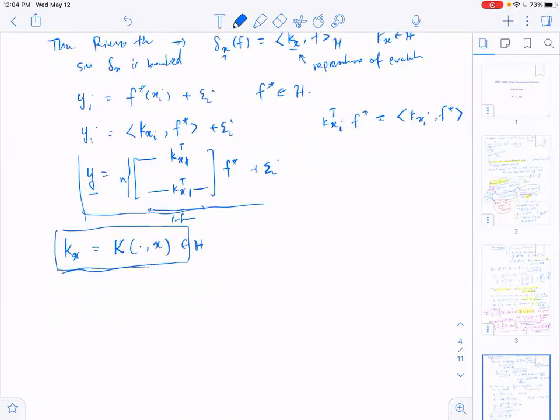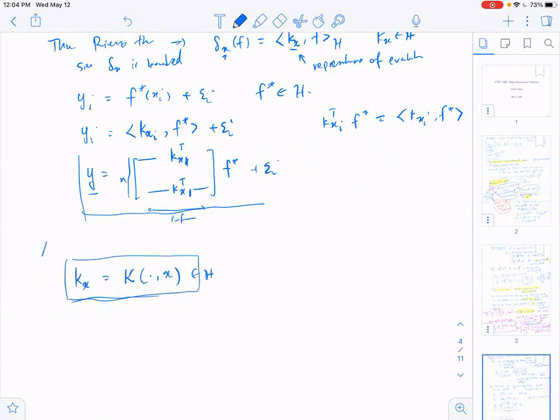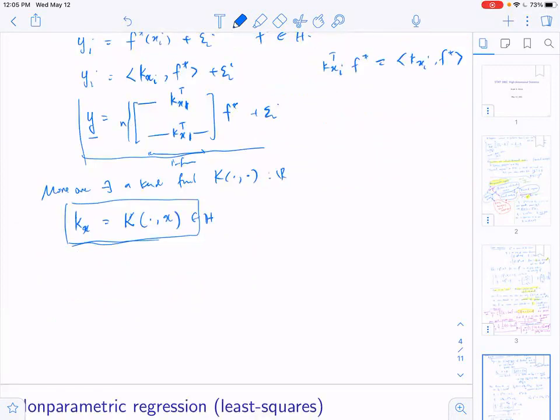These can be written. Moreover, there exists a kernel function k(·,·), I mean from R^d times R^d to R, unique to every RKHS, such that